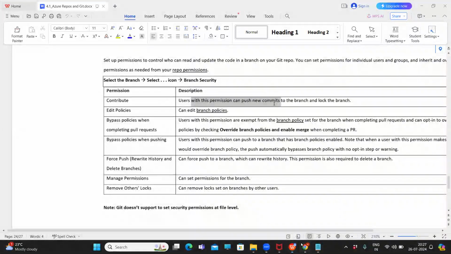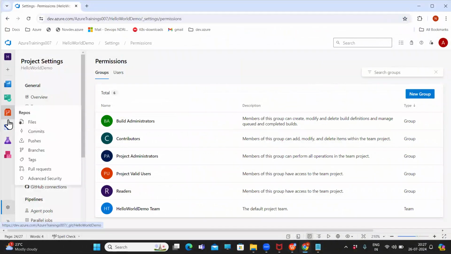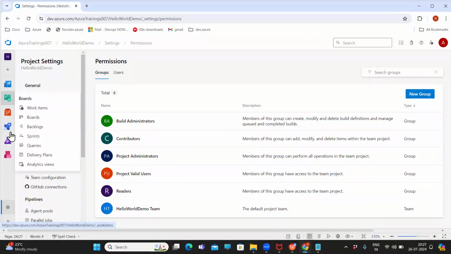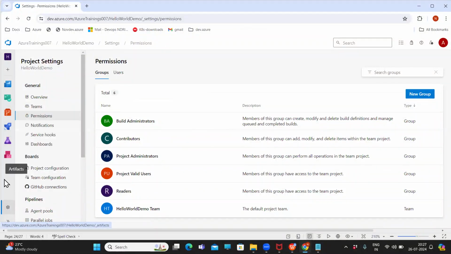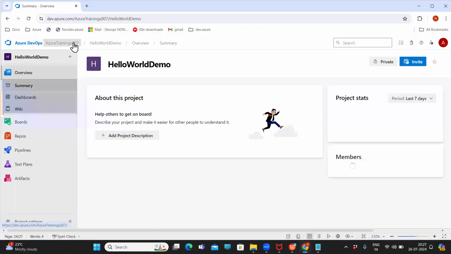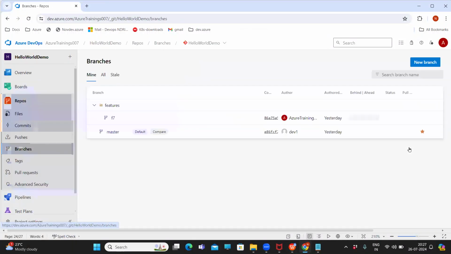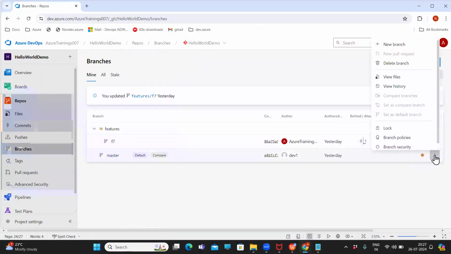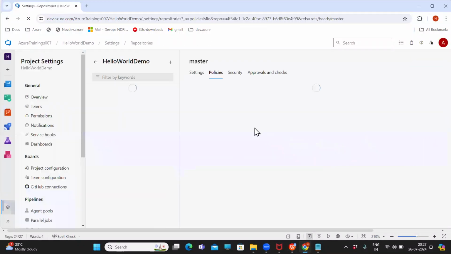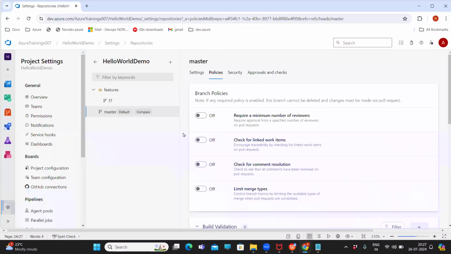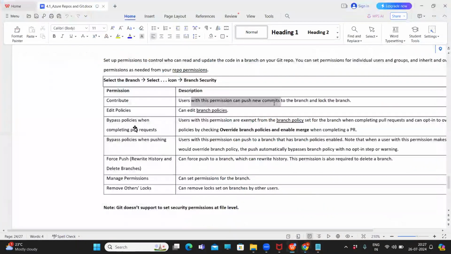So basically, some users can bypass the rules. Assume you go back to your branches. Here, you remember where we have done these branch policies. These are the rules basically. So again, at this level, who can bypass this and who has to follow this can be managed at this group level, bypassing basically. Users